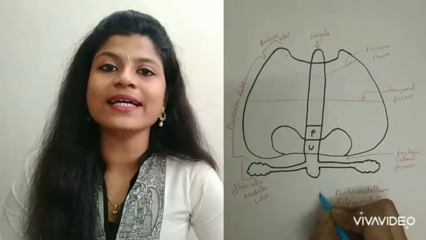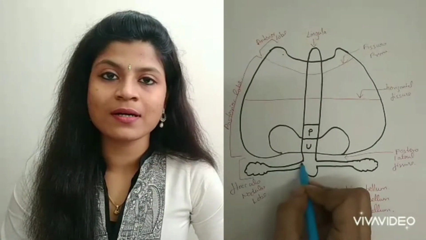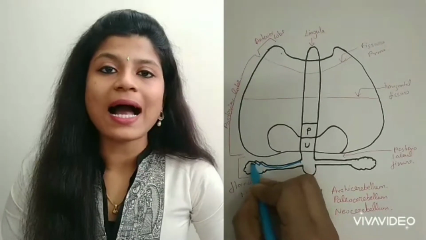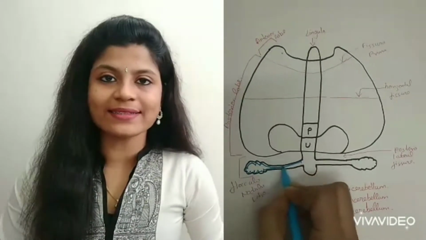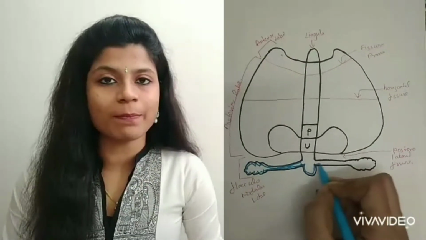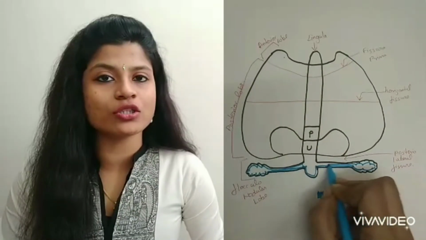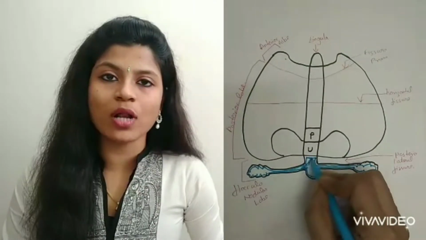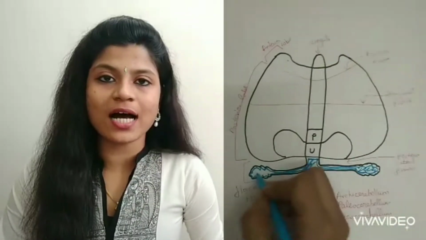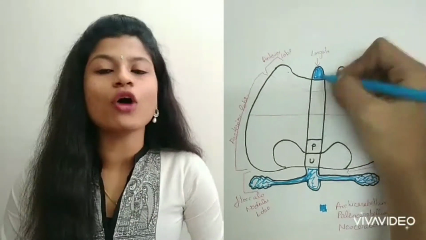Morphological subdivisions. Based on phylogenetic and functional criteria, the cerebellum is divided into three: archicerebellum, paleocerebellum and neocerebellum. Archicerebellum: phylogenetically it is the oldest part of the cerebellum and consists of the flocculonodular lobe and lingula, and it is concerned with the equilibrium, tone and posture of the trunk muscles.